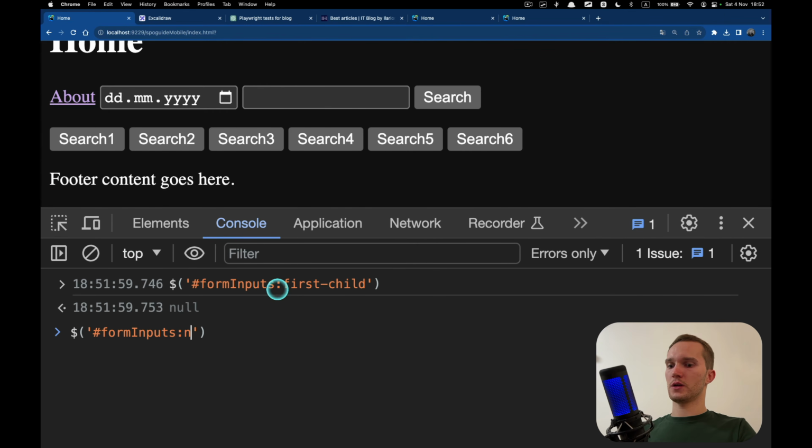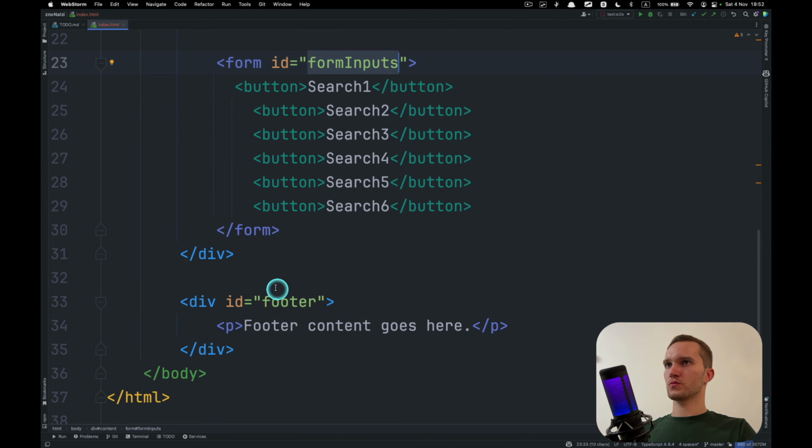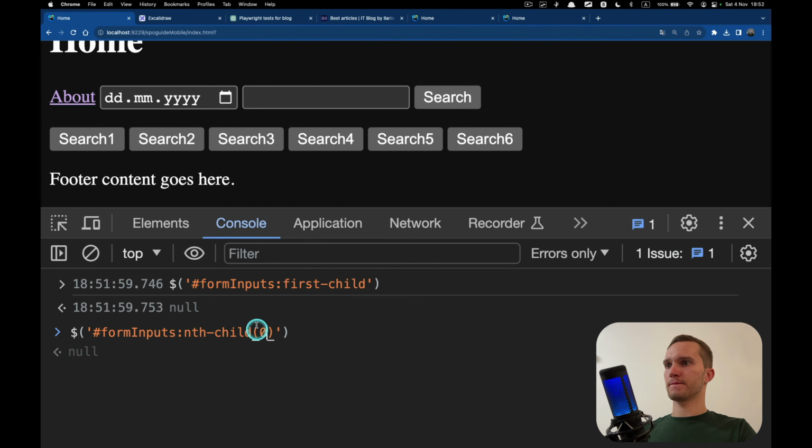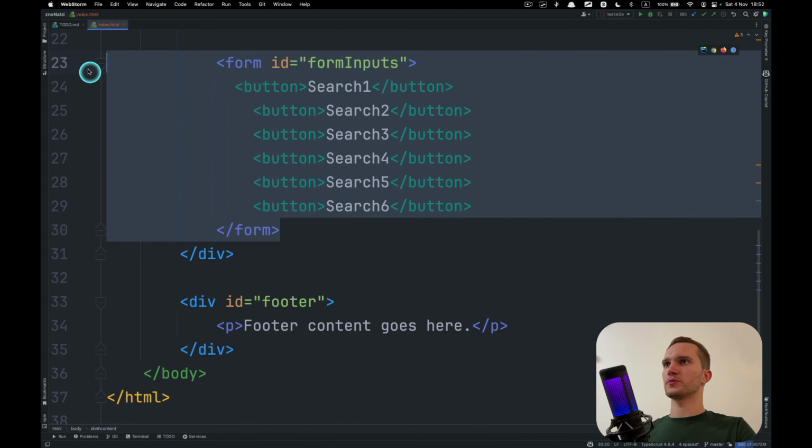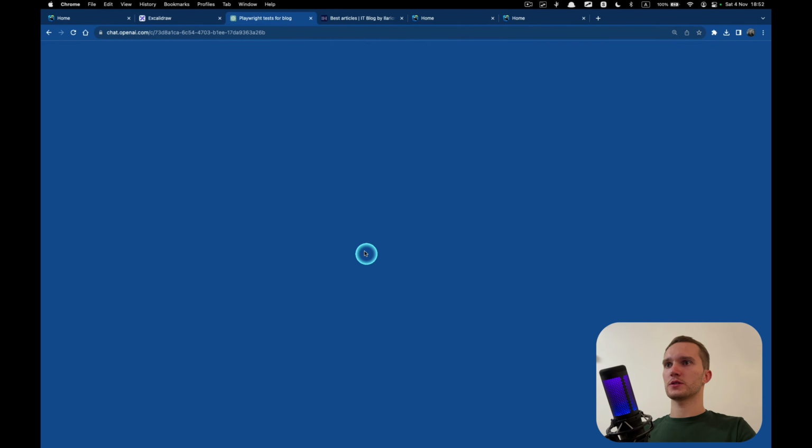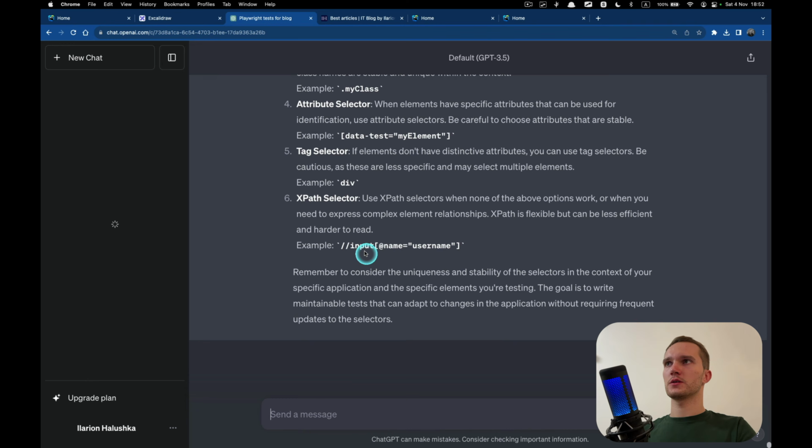That's interesting. Nth child. Yeah, I was always using the nth child. No. Button. Wow, I don't know why it doesn't work. Yeah, but this is why we have ChatGPT. I'm gonna do this live because, yeah, nobody's perfect.